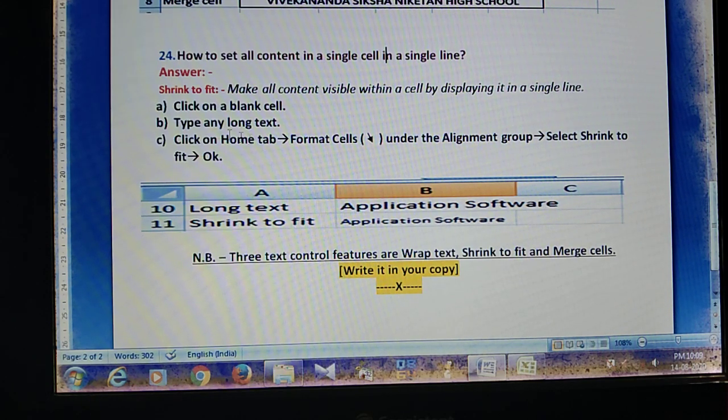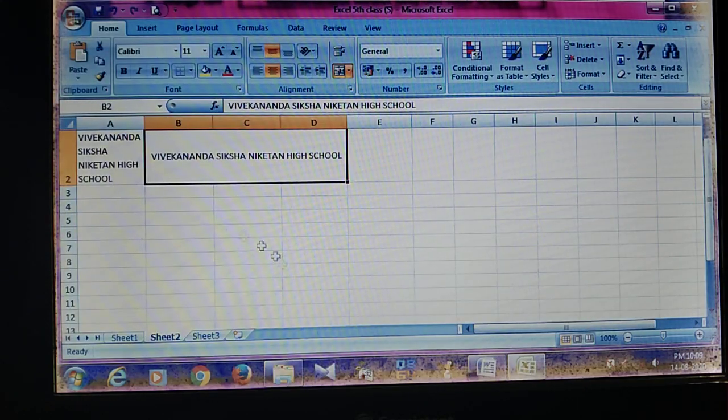Click on the blank cell, type any long text, click on the Home tab, the arrow of format cells, and look at this arrow symbol under the alignment group and select shrink to fit, then OK. So I write here two texts, one is a long text and one is shrink to fit. So again I click on MS Excel.